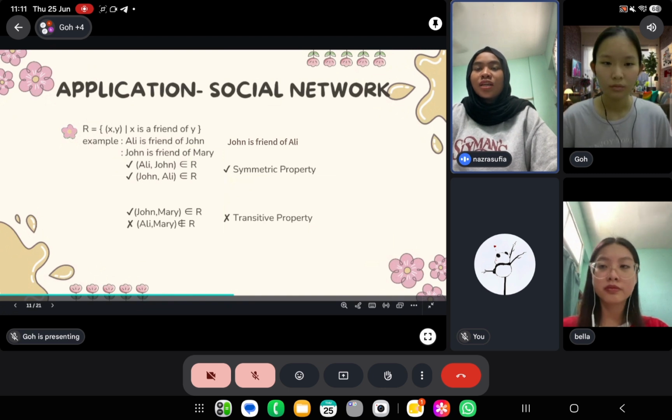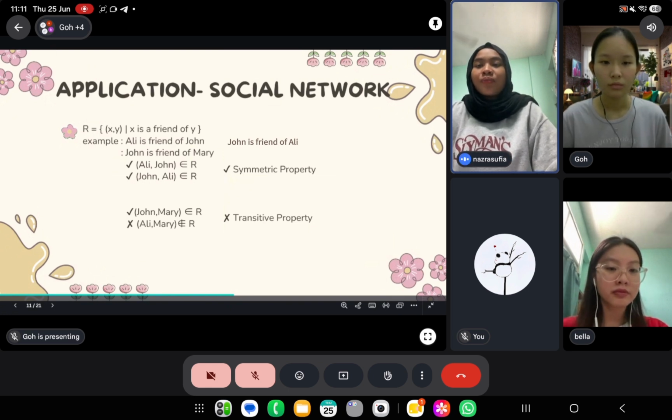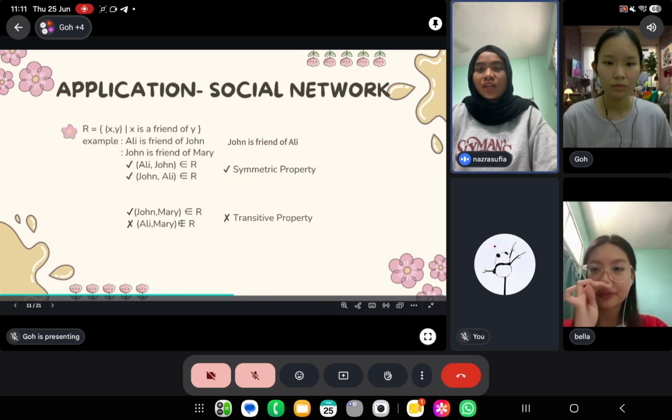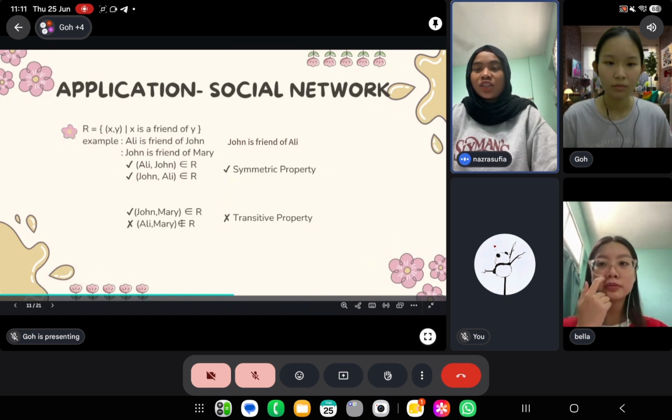And we go to the application, social network. For example, R equals (X, Y), where X is a friend of Y. For example, Ali is a friend of John, and John is a friend of Mary. Ali and John is in R, and John and Ali is in R, which is the symmetric property. For the next sentence, John and Mary is in R, and Ali and Mary is not in R, which is not